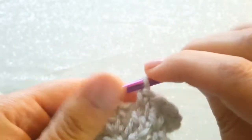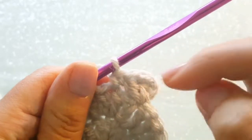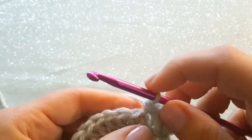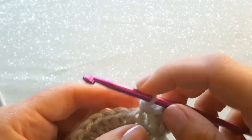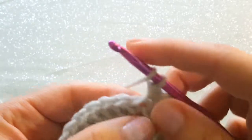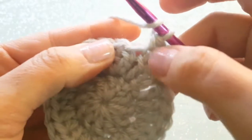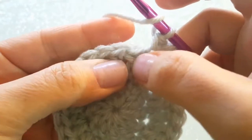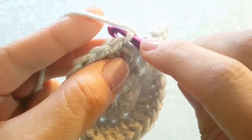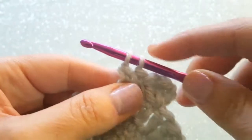Okay, now, and you can see that it's dipping down, which creates part of the shape of the elephant's ear. Now what we're going to do is go into the next stitch and double crochet into the front loop of the next stitch. Okay, so remember the front loop is part of this stitch. Now we work into this stitch, so the front loop is right there, and we work 1 double crochet into